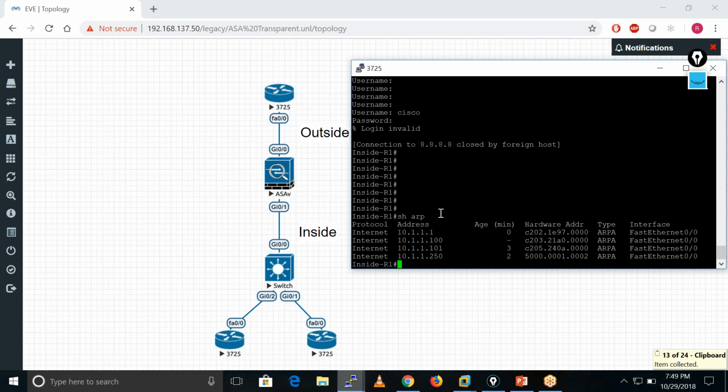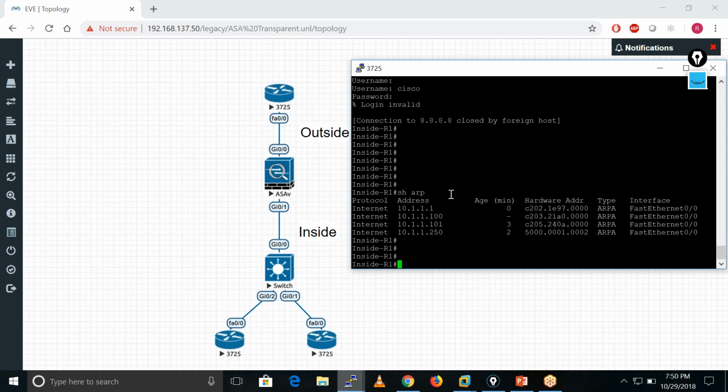Right. So the thing is, first ARP resolution happens in case of L2. Okay. So the thing is, this is inside and this is outside. I am having 8.8.8.8 and 4.2.2.2 network in this guy. When this router sends any kind of TCP traffic and UDP traffic, by default our firewall allows this traffic, right? As you know, from high security level to low security level, by default it does the inspection for TCP and UDP.